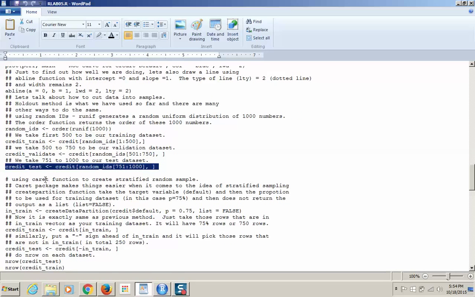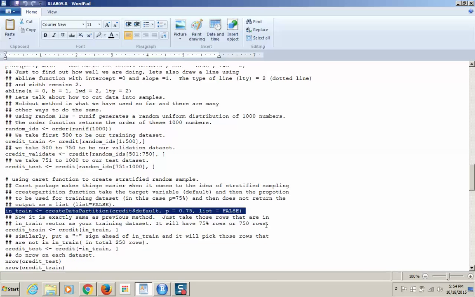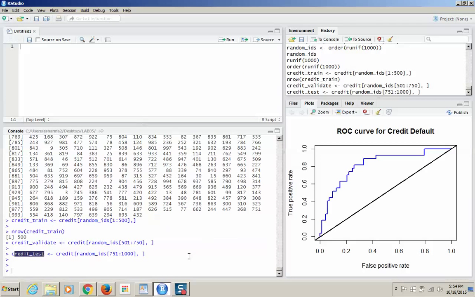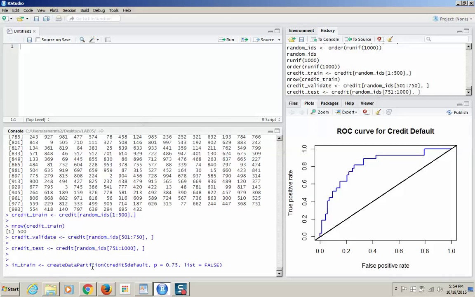Let's use a caret function to create something that we discussed in the class called stratified sampling. For that, we'll use a function called createDataPartition. Let me go through what this function is doing. createDataPartition is the name of the function. Be cognizant of the fact that it has mixed case, so Data has a capital D and Partition has a capital P. It goes after the target variable, because if you remember, the principle of stratified sampling is that in both the test and training data sets, we will have the same proportion